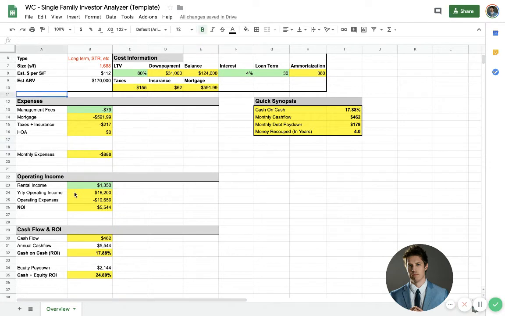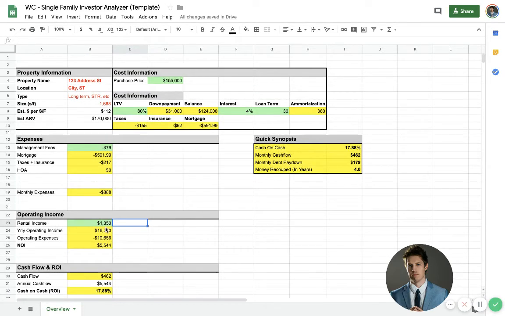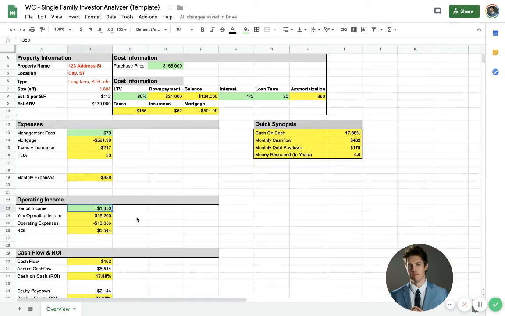All right, so those are the expenses. Let's come down to operating income. We give a rent range for all of this, and it's not based on speculation. We go to all of the comparable houses in the area to see what normal rent is. We have connections with our management company, who manage thousands and thousands of deals, so we get them to put a professional rental income range on all of our deals. For this particular house, it's $1,350 a month,